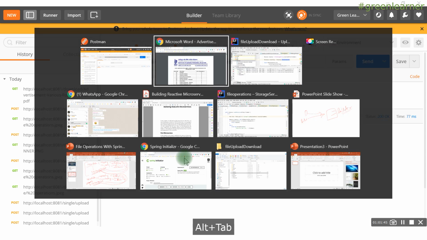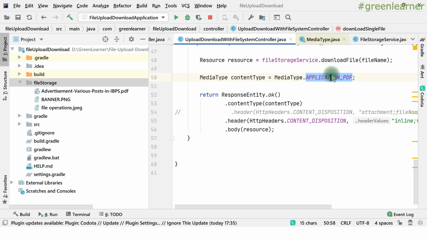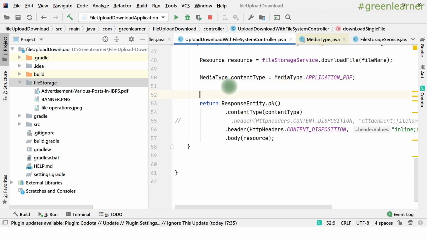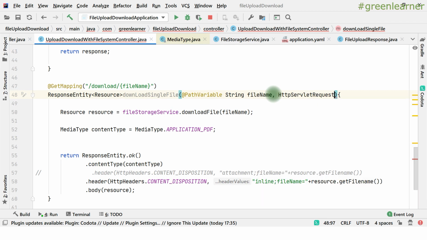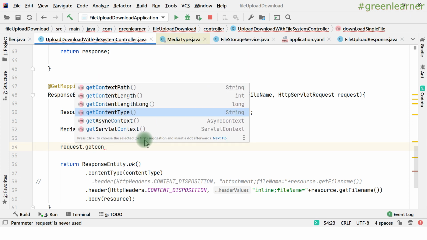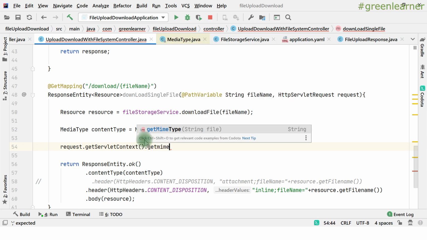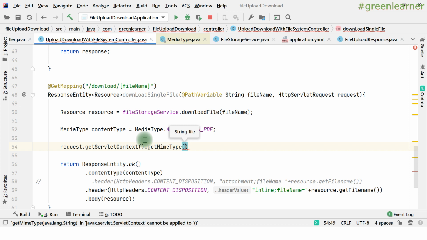So this is how. Now, we are hard coding this one. So coming to the point where I want to generate this type dynamically, how can we do that? Let's see that. To generate the content type dynamically, I can do a few things here. Servlet request is there always. So from this request I can get the servlet context, get servlet context dot get, and my type, and from that, what to pass into that.